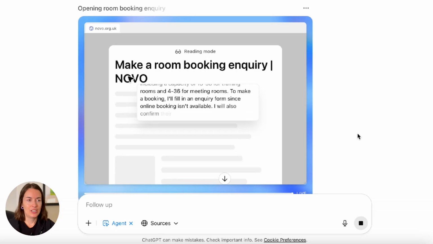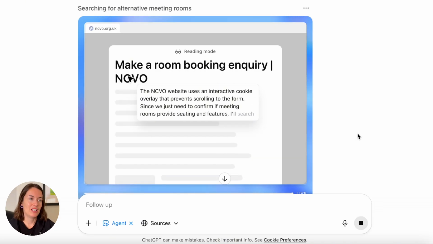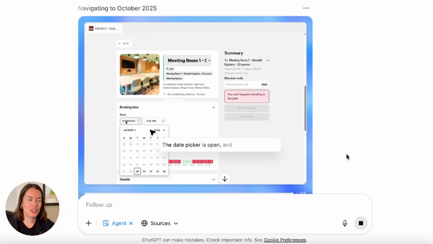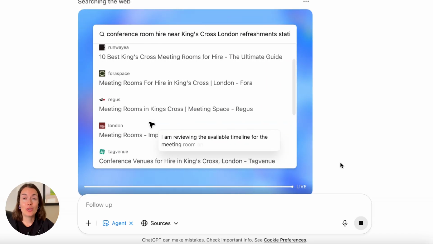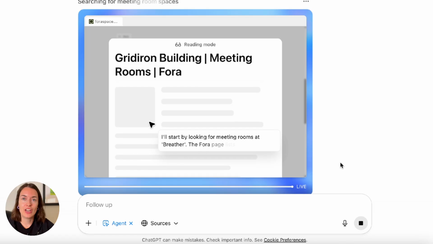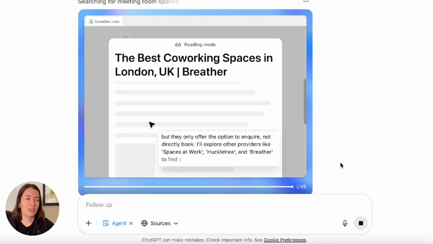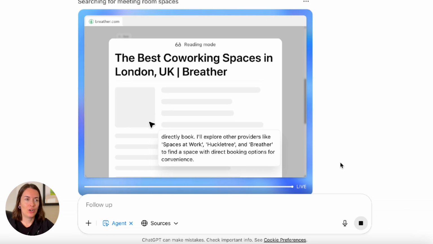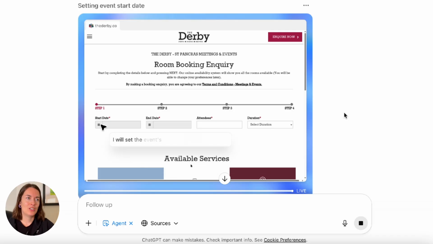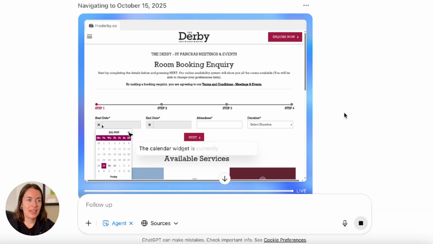So you can see it's looked through the different requirements to see if it meets the criteria I specified in the brief. It's opened the booking form. So you can see that it's actually struggling with this website. So it's gone back to the tab where it's actually searching for venues and it's opening another venue. So it's found a website where there's information about the rooms they've got available, but they haven't got a booking form. So it's gone to a different website now and it's opening another booking form, and it is also explaining